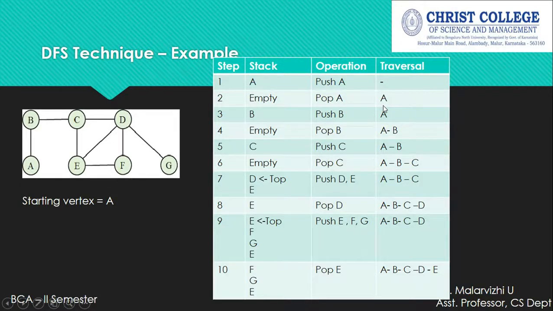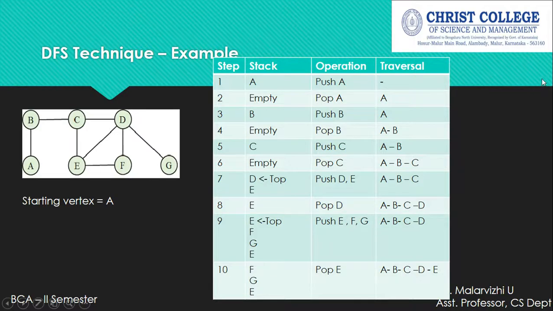Okay. So whenever we pop an element from the stack, we have to push the adjacent unvisited vertex of the popped vertex. So the popped vertex is A now, which are all the adjacent unvisited vertex of A. A is adjacent to B alone. So that's the reason we are pushing B into the stack. So now stack is having the element B, and we have visited only the vertex A so far. So now in the next step we are popping the stack. So pop B is there. So B is also added to the traversal list.